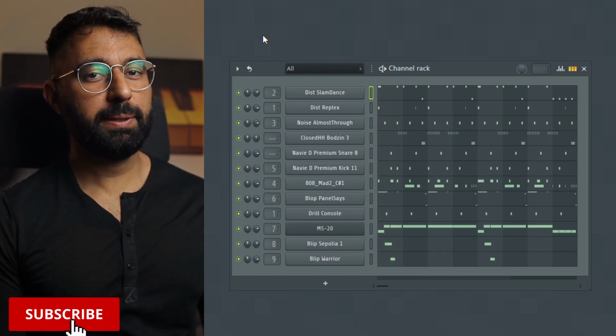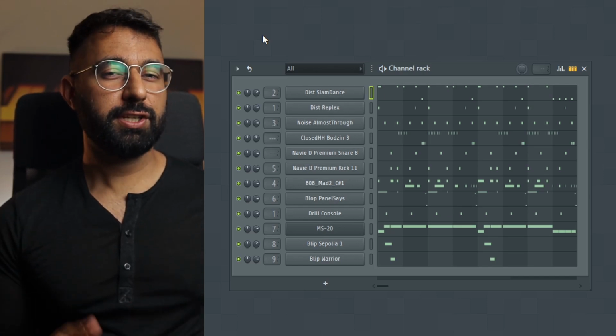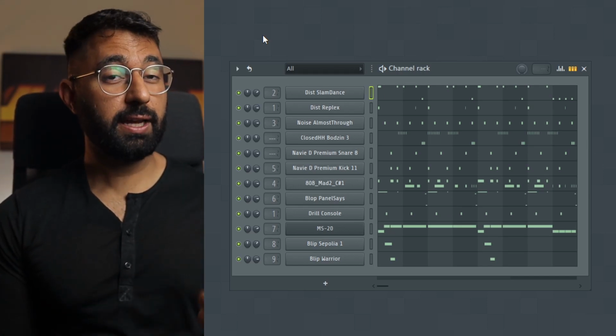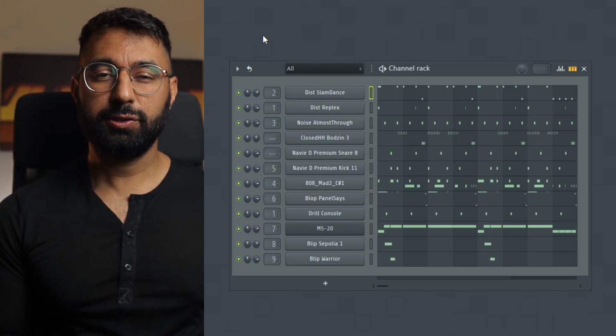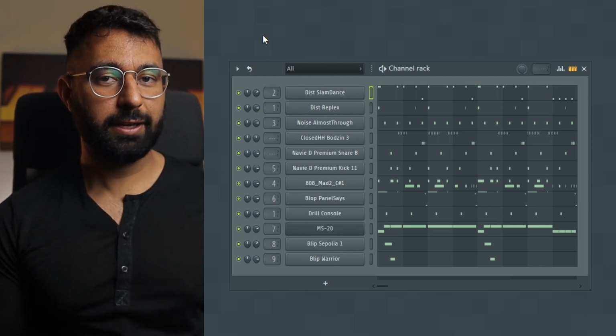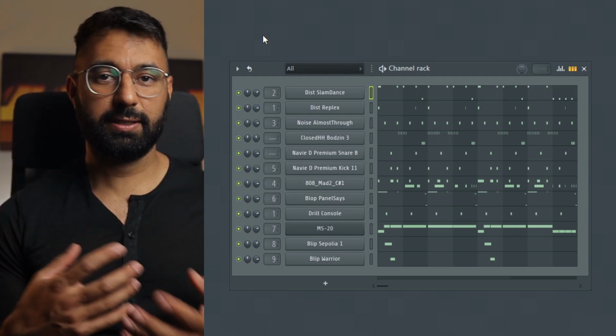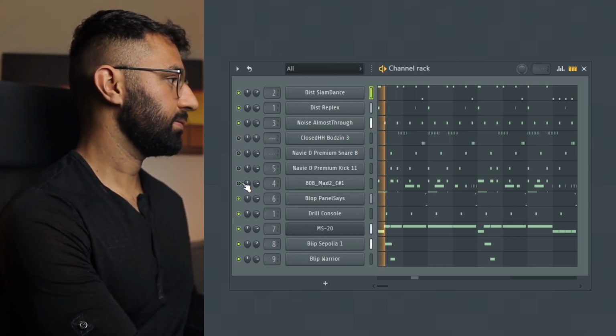So with the last style of beat that we just covered, you saw that I was able to make a pretty full sounding beat with just a handful of layers. With this style of beat though, you're going to likely have a lot more sounds and samples that you'll use to build out your idea. So if I were to mute some of the common trap sounds like the stuttering hi-hats, the usual snares and kicks, the 808 that you're used to hearing in most trap beats,